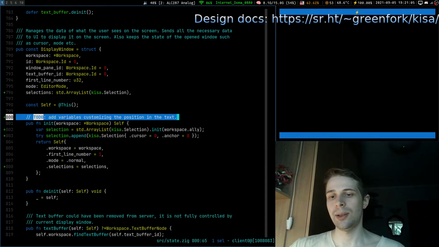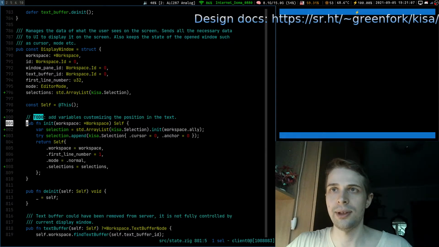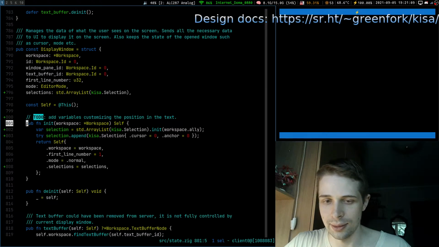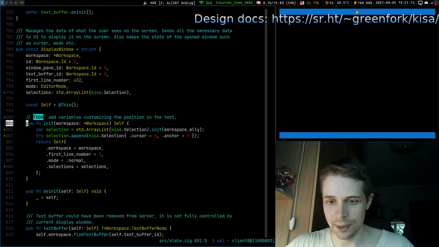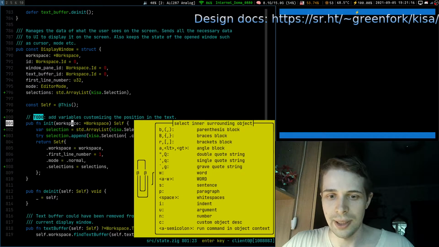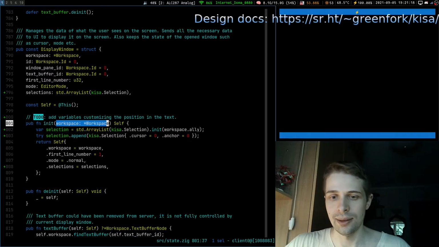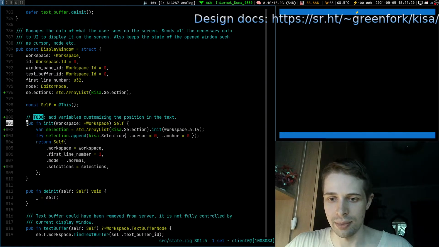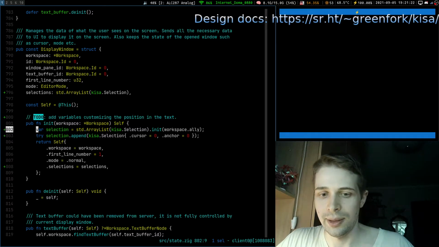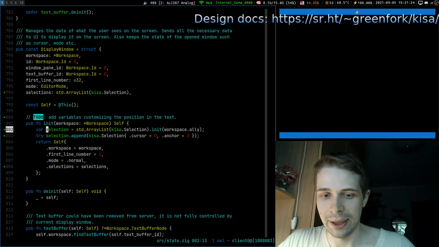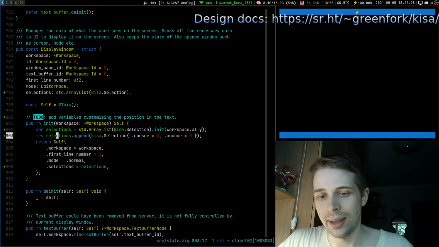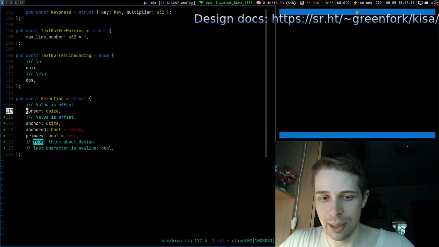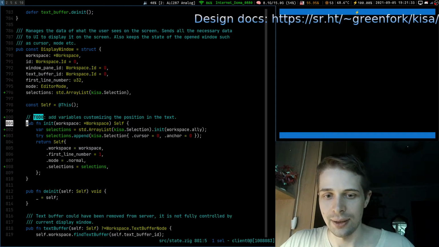So what it means is that we can open a file already at line 336 and column 10, something like that, and we would like to pass it in here in the init inside parentheses as a parameter. So here we create our selections, yes please, and we append the primary selection here. Okay, we have it in display window.